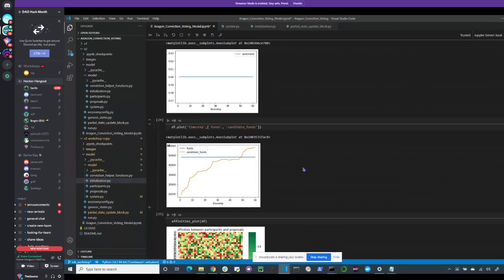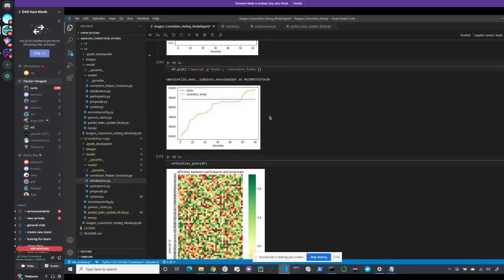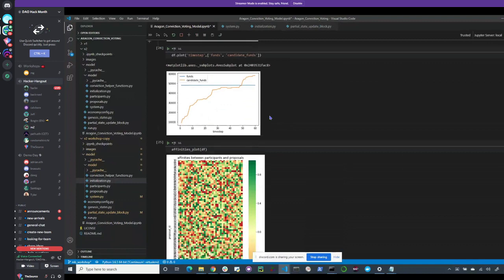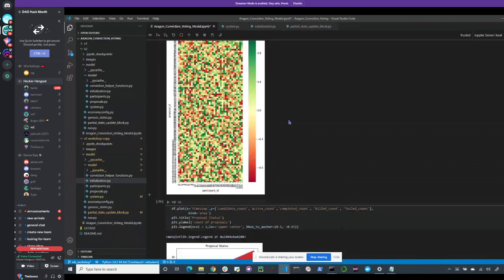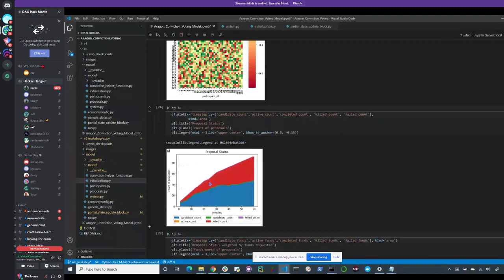Straight line for funds expected. Yeah, that's not quite right. Is nothing passing? Can you scroll down? It looks like you're not seeing anything pass. You're accumulating lots of proposals, but here we go. What do we got? We've got candidates. We've got killed. And for some reason, we created a scenario where